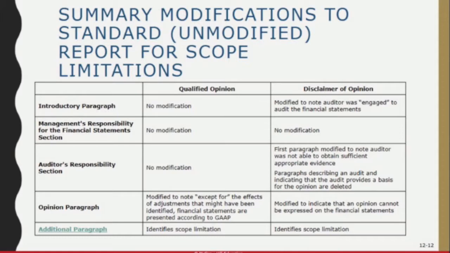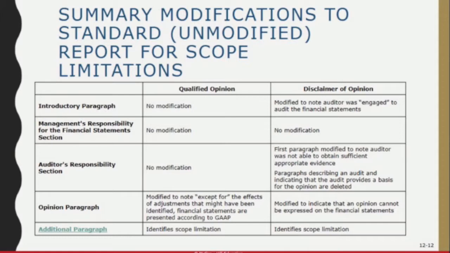If you take a look at Exhibit 12.7, you'll see the same on page 551. No modifications to the first few paragraphs, and then the explanatory paragraph explaining again the scope limitation, the dollar impact of that scope limitation. The opinion is then qualified, same thing, except for, right, referring back to the additional paragraph,